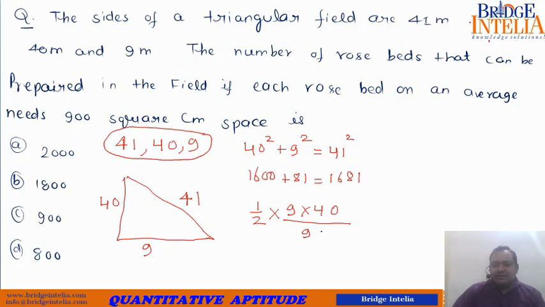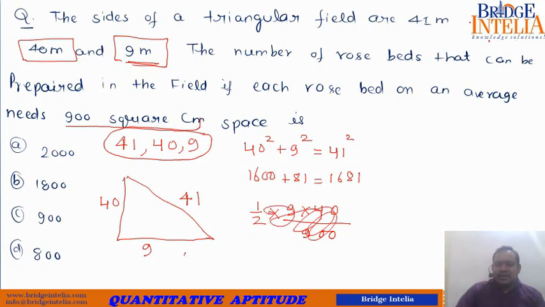So these many, but you see here, this is meter and this is square centimeter. So it's better if you bring all these units in conformity with each other. That means all the units have to be the same, either all meter or all centimeter. So you can convert meter into centimeters, otherwise you will get the wrong answer.